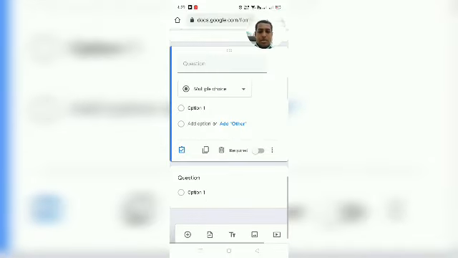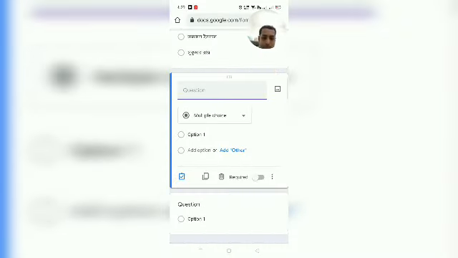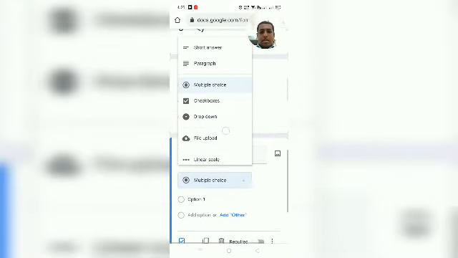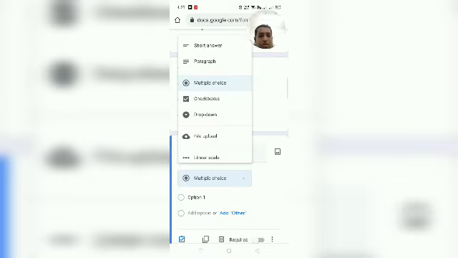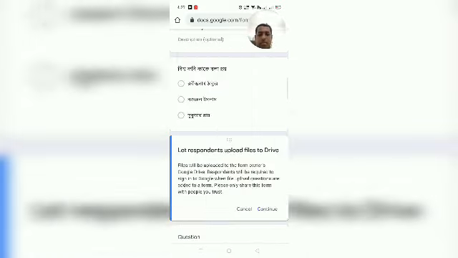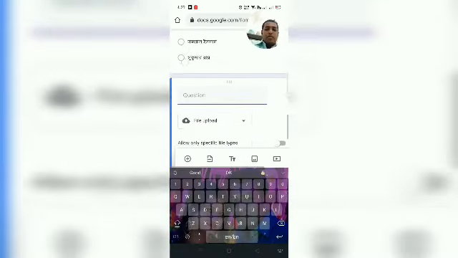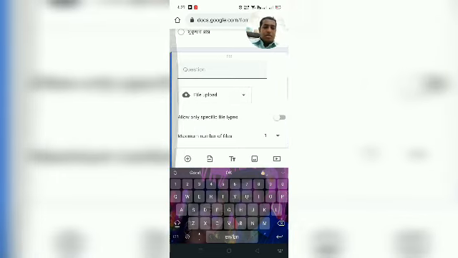Now again for question 2, we can type in Hindi, we can do whatever we want. We can change this to the file upload option also. If we are giving subjective questions, then we give the file upload option for the students. রচনা লেখো।